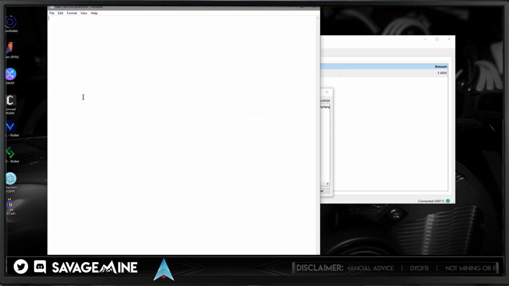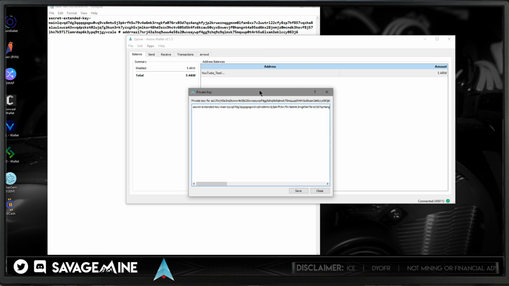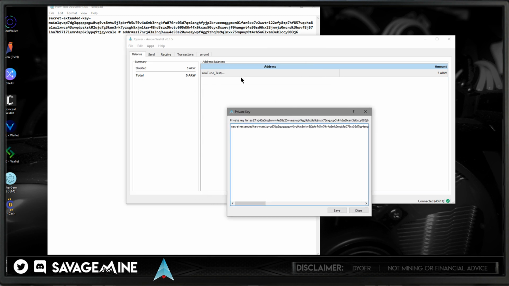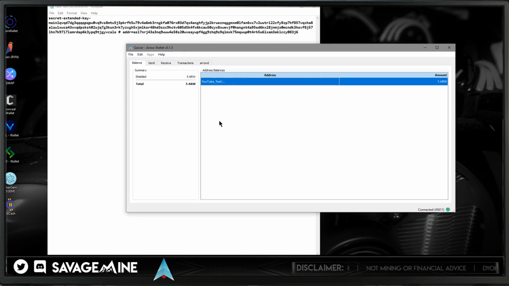So I'm just going to put in a little text file here and we'll head back over here. You guys are welcome to steal this if you want to type this in, and if there's 5 arrow left in here, y'all can just go ahead and steal it if you want it. It's yours, if you get to it before I send it somewhere else. All right, we'll put it that way. All right, so we've got 5 arrow. We've got our